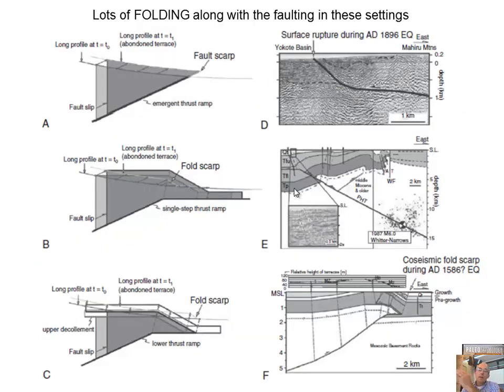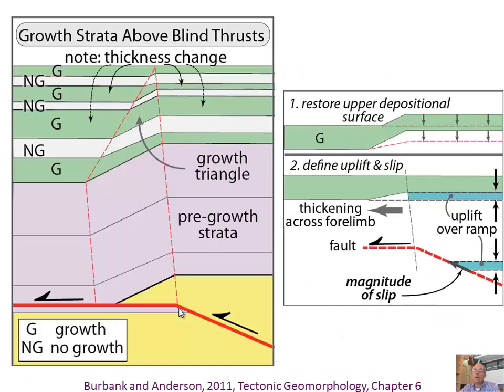So this diagram just reminds me that there's lots of folding associated with reverse faulting, and I've already showed some of this. Is this basically just a regular thrust, or does it have some kind of ramp to flat transition that produces some folding above? And here's just another diagram from Burbank and Anderson, where we have a ramp flat transition, and so the fault's not even breaking the surface, but it's causing this